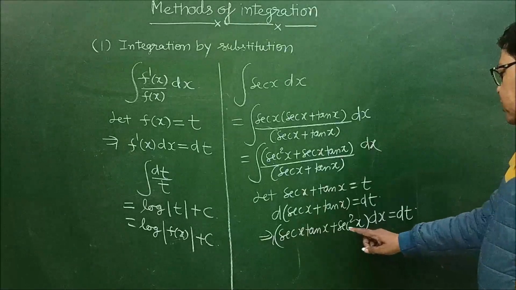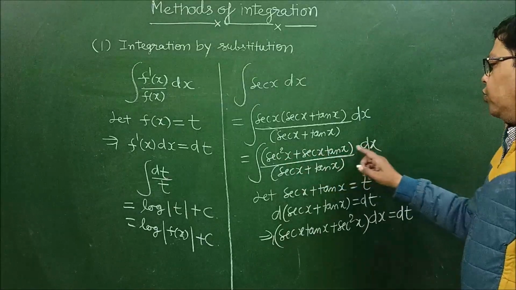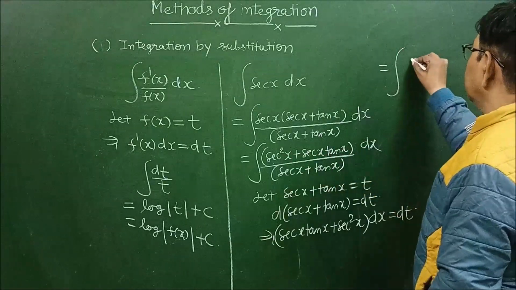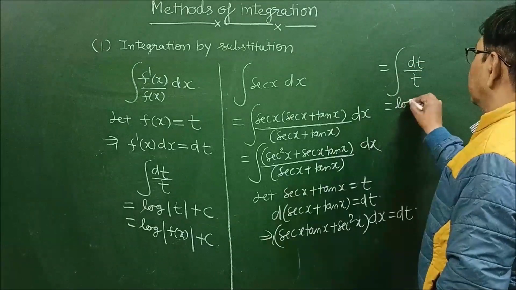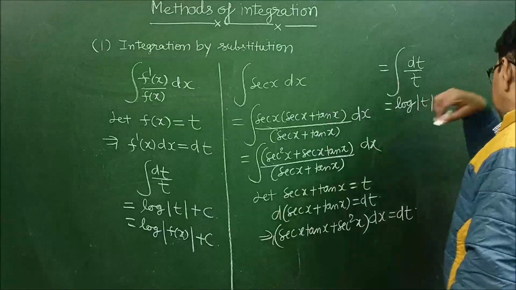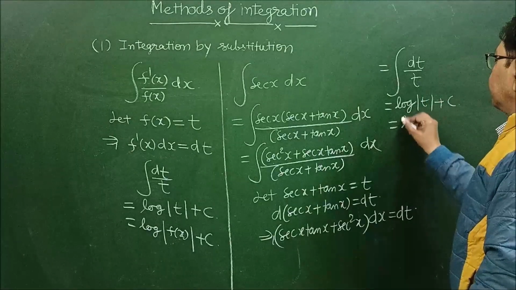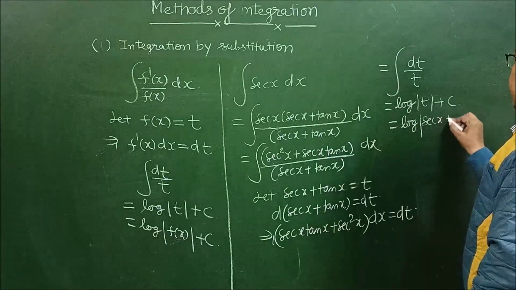This sec x tan x plus sec square x dx is available in the numerator, so we can replace it by dt. So dt upon t, the integral of dt upon t, gives us log mod t plus c, which is equal to log mod sec x plus tan x